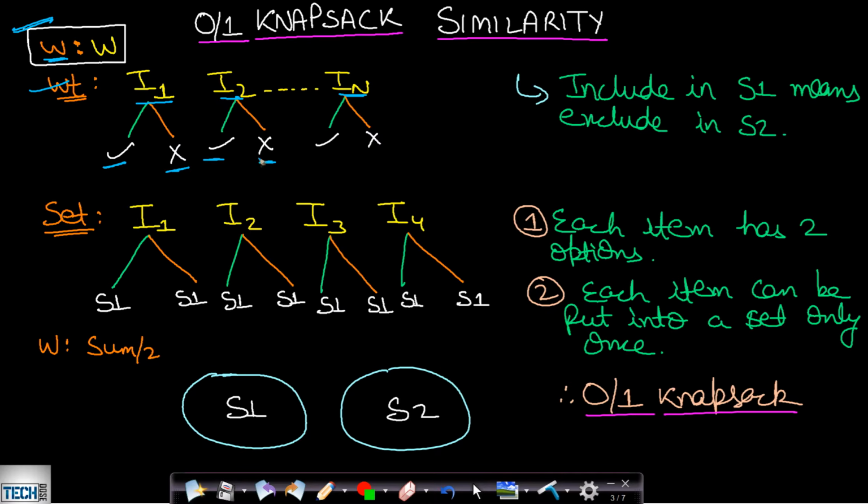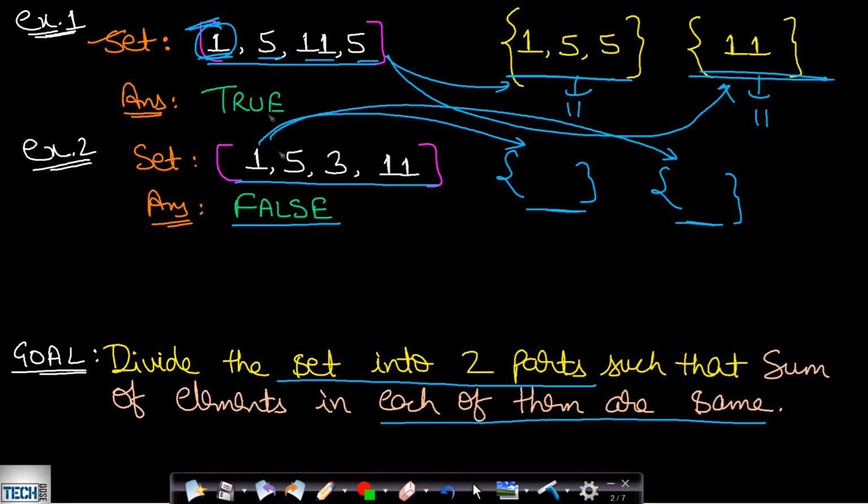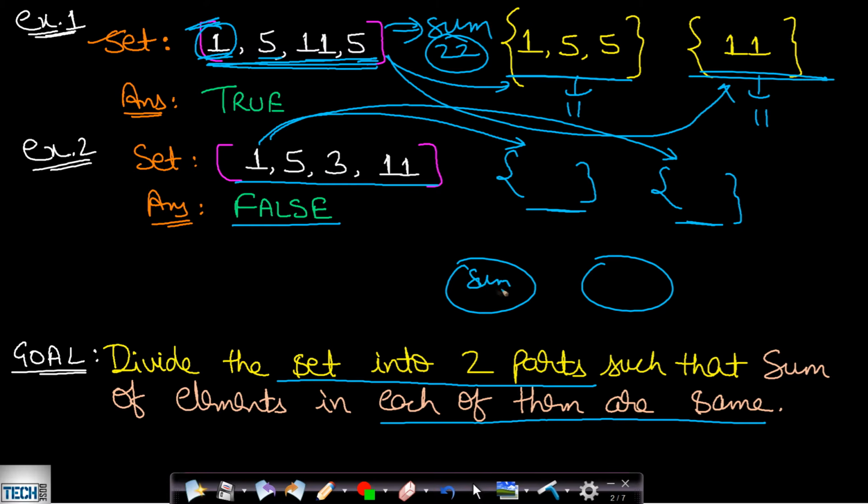Now how is this problem similar to a knapsack problem? In this case, we are given a set which is similar to the weight array, which is the items array. And we are also given a value w. If we are given an array like we had here, the sum of the array will be something, it will be sum. In this case, it will be equal to 22. So if you want to divide this entire array into two parts and the sum of both of them should be equal, then obviously each of the sets should contain sum equal to sum by 2. Then only you will be able to divide the entire array into two parts equally.